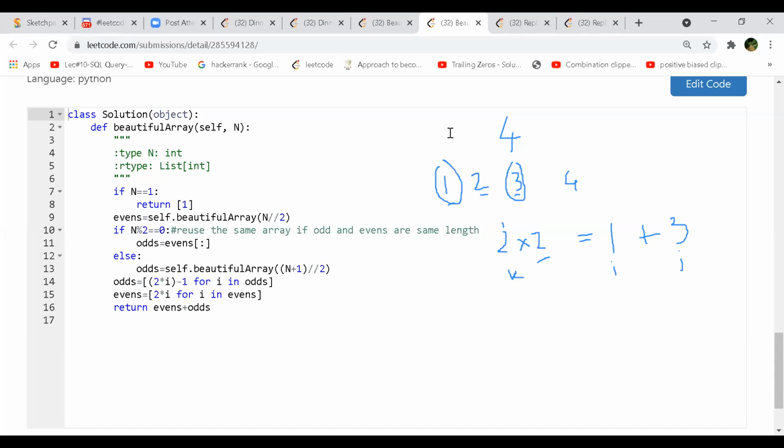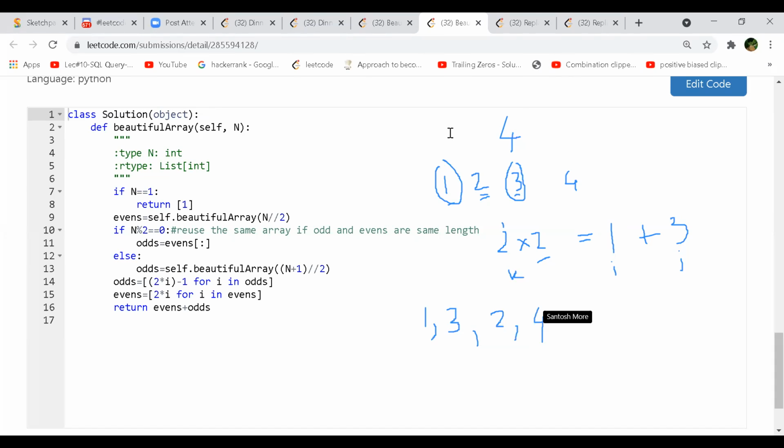And if I multiply any even number like this by 2, I'm able to get this non-beautiful sequence, correct? That is, odd plus odd is even, and 2 times even is even. So what if I just remove 1 and 3 separately? I push 1 and 3 first, and then I push 2 and 4. So I avoid that condition now, right? My 2 is not between 1 and 3, so now it becomes a beautiful array, right?